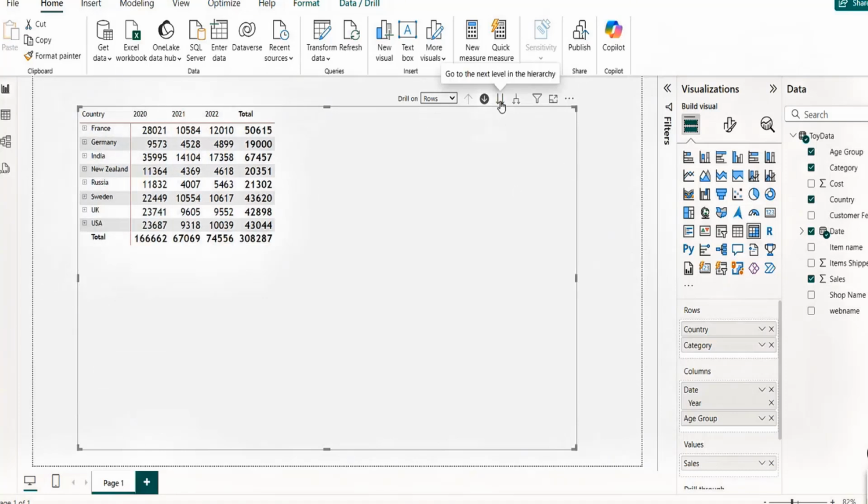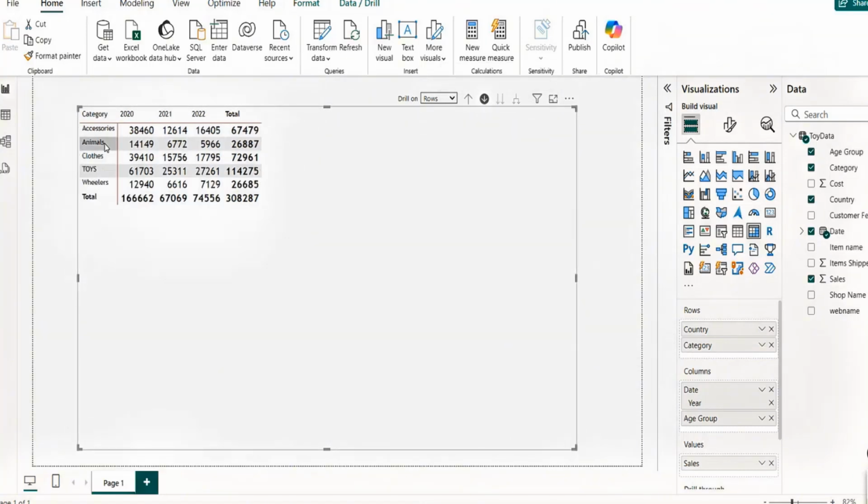If I click on this particular part, go to the next level hierarchy, what will happen? If you remember, this will take us to the next category, irrespective of there being no relationship with the first category. On the row section, we have the second field as category. So if I click on this, I should be able to see the category, which again has nothing to do with the country,